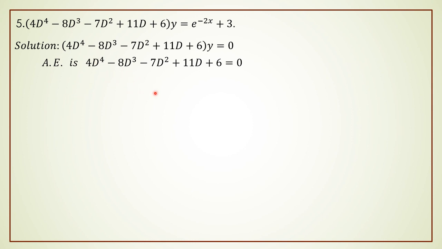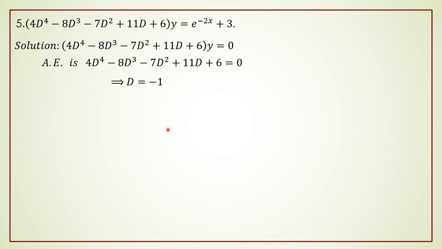Since it is of degree 4, therefore you cannot get the roots of this equation using the calculators, right? So what I have to do is find one root of the auxiliary equation by trial and error method. So just substitute the values of d over here. Say suppose substitute the value of d is equal to 1, 2, 3 and so on. At the same time try the negative values also. Say suppose d is equal to minus 1, minus 2, minus 3 and so on. See to it whether the equation will be equated to 0 or not.